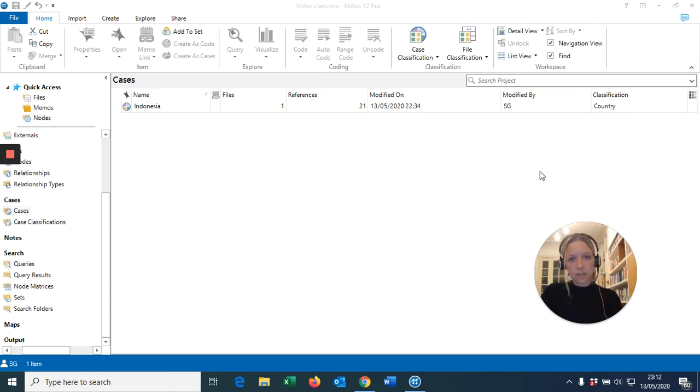Next, we have cases. The cases in this study are countries, and so far I have created one, which is Indonesia. A case has attributes. So attributes are the characteristics, the socio-demographic variables, or the characteristics of the place or